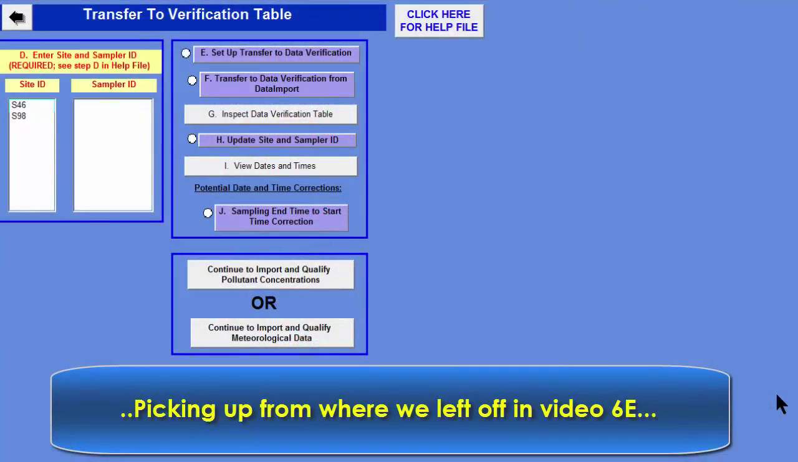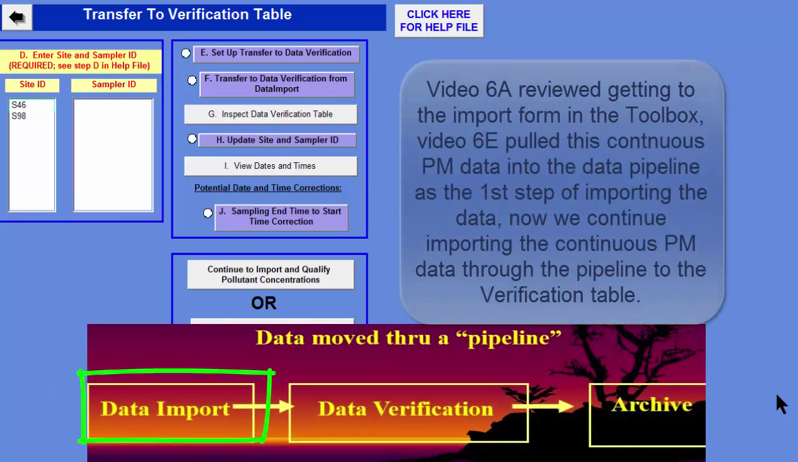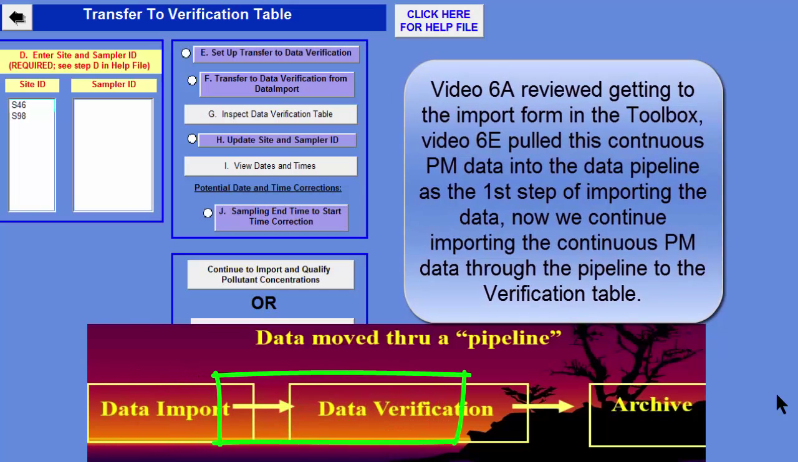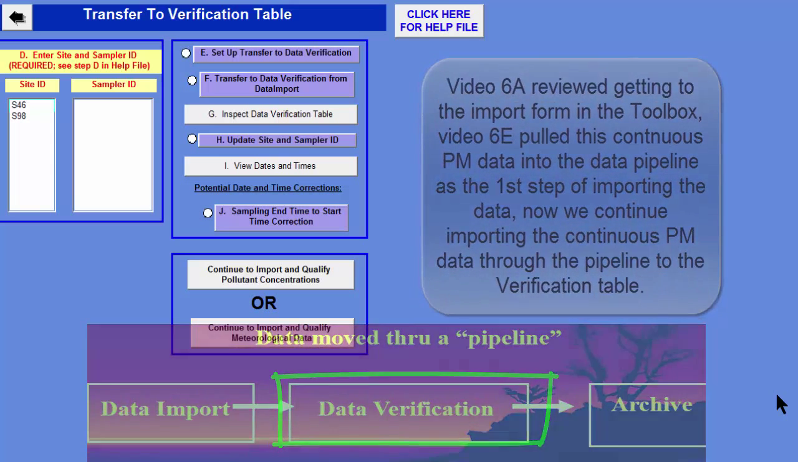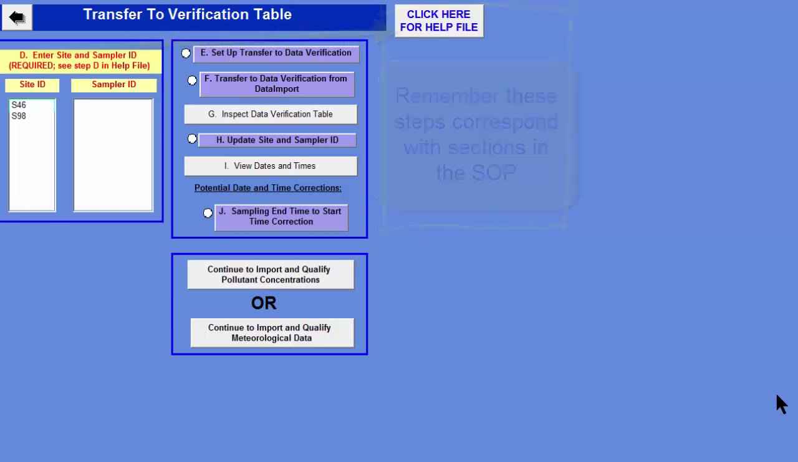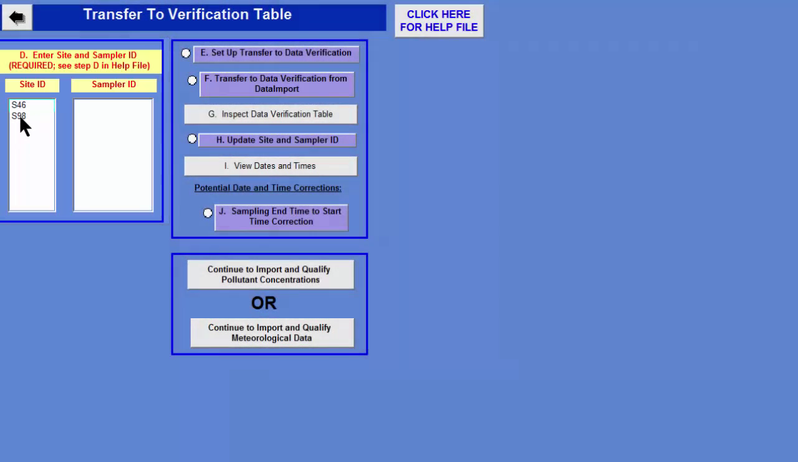We have just completed importing our PM 2.5 data into the import table, and now we are in the form where we're going to transfer the PM 2.5 data into the verification table. So I begin with step D of selecting my site and sampler. My PM 2.5 monitor is currently located at site S98, so I select that, and then I select my sampler